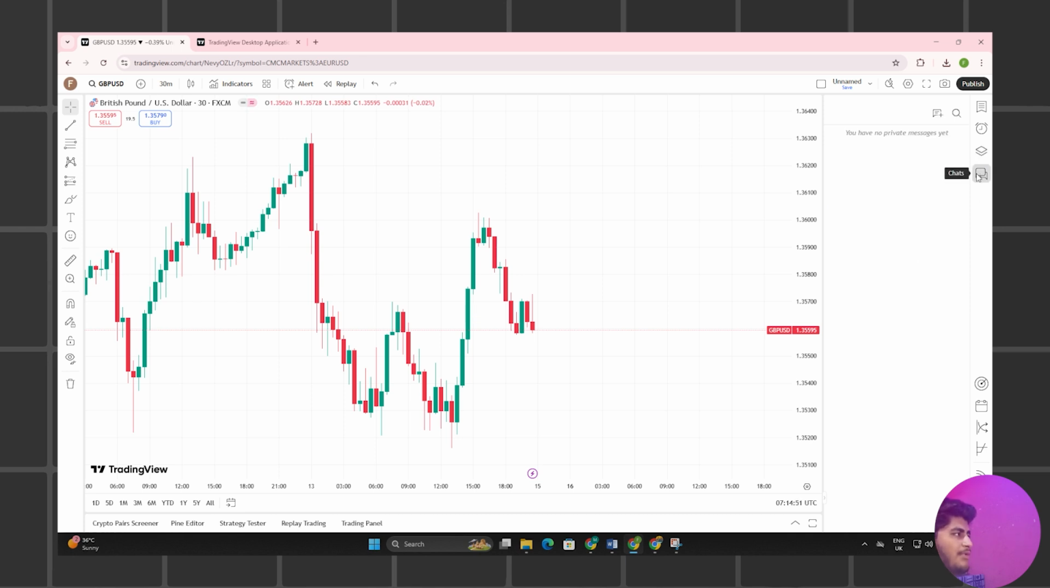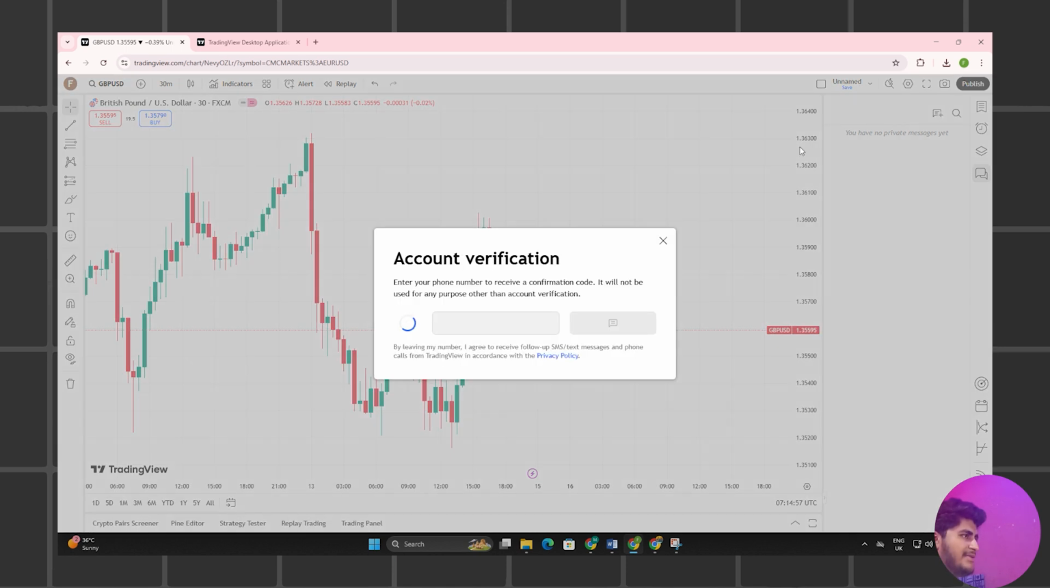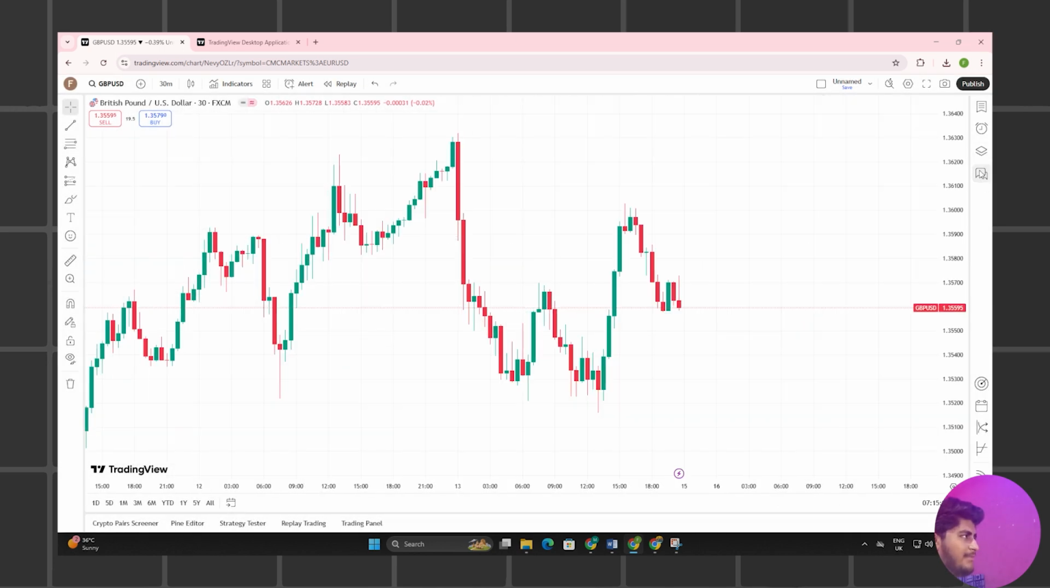Next is the chats. No privacy message. Yes. You can create any message you want to give yourself, to your WhatsApp account. But this is not important. This is definitely not important. Next is